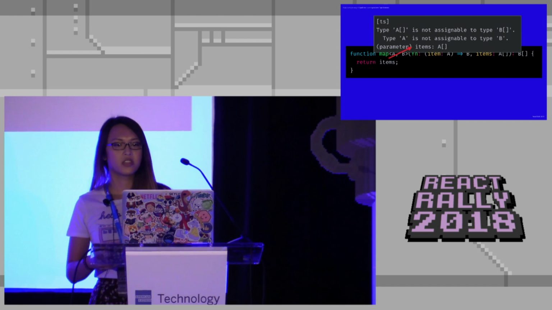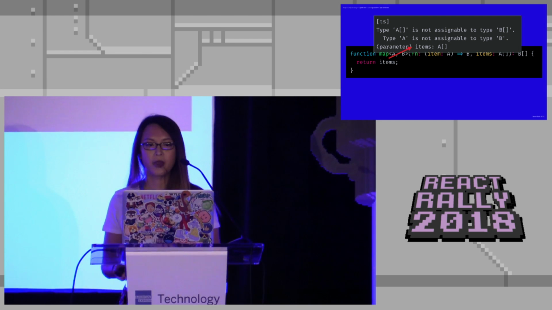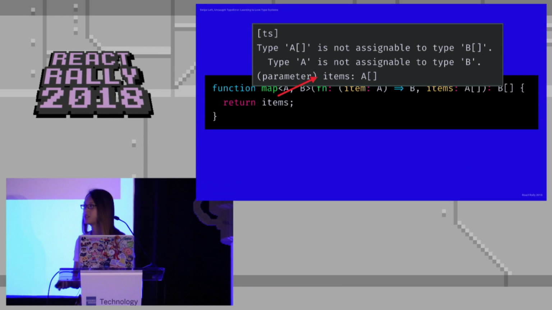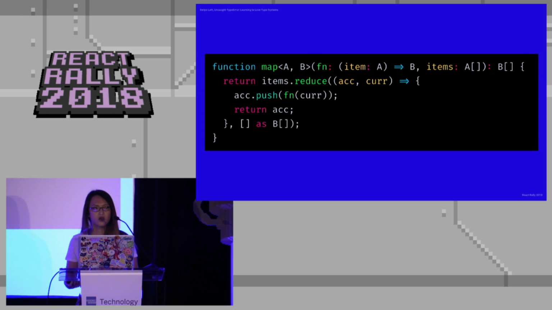And looking at our map function again, if you try it out iteratively, we return the items on their own, and we'll also see compile errors since items is obviously still a list of objects of type A, and it does not prove that our proposition or type signature is true. Now, if you call the callback function on a single item in the list of items, you're going to get a little bit closer, except that you're not returning a list of Bs, you're only returning a single B. So logically, the only thing you can do here is to take the callback function and run it on every item in the list. And this seems obvious if you know how array.map works.